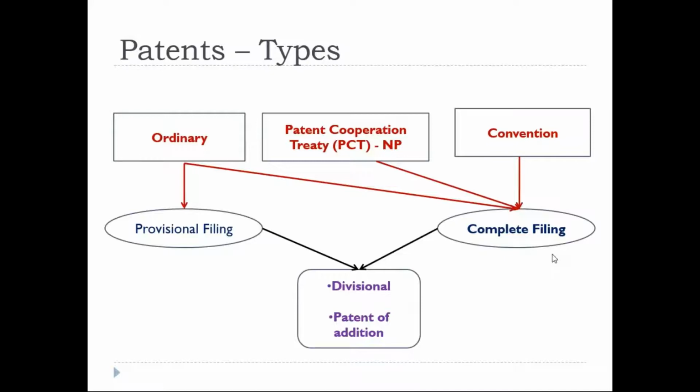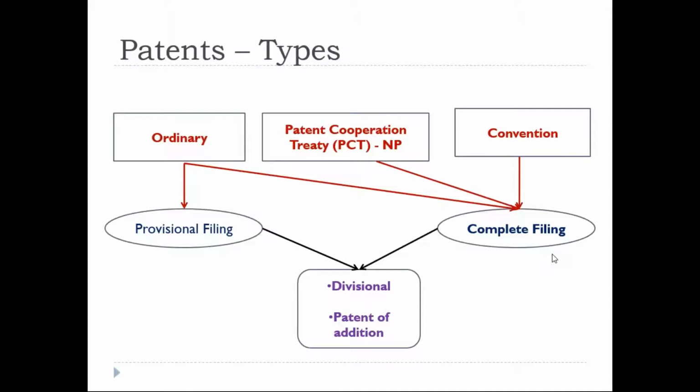Also, the result should come within 1 year, or else we can go for a time extension, but there is no time extension again and again. Only once can we get the time extension, right? Therein, we need to submit the complete specification, that is the complete filing. I hope you understood. Now I'll move towards complete filing.